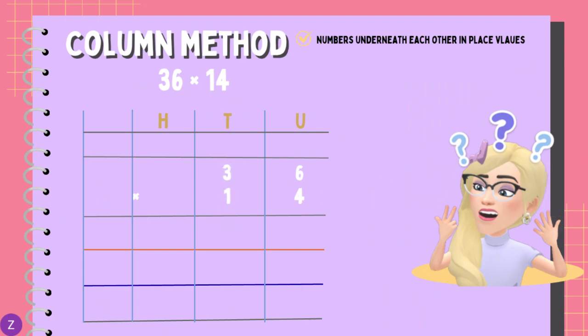We then take the 14 that's next to the multiplication sign and we break that number up into a times 4 and a times 10. We first start with the times 4. Starting from the unit side, 4 times 6 will give us 24. But remember, we only have one space for a number in that particular column. So the 4 goes at the bottom and then the 2 goes to the top to the next number. It's carried over.